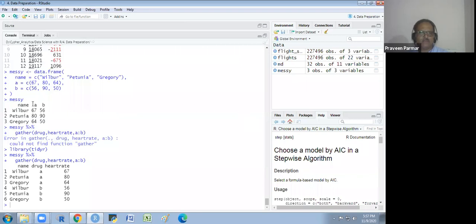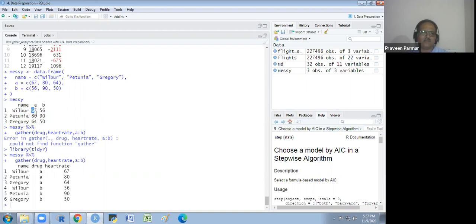We know that for ANOVA the category column should be in one column. So if we have drug in this way, then you could perform the ANOVA on that drug. And heart rate. In this data you could not perform it because you don't have a variable heart rate. Do you have? Sometimes it's just like a table you are getting.